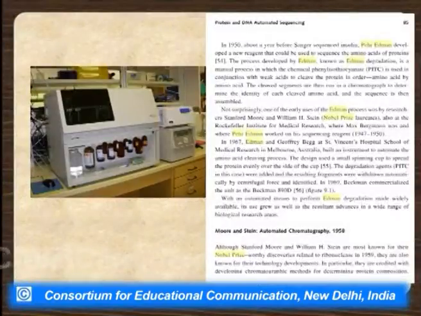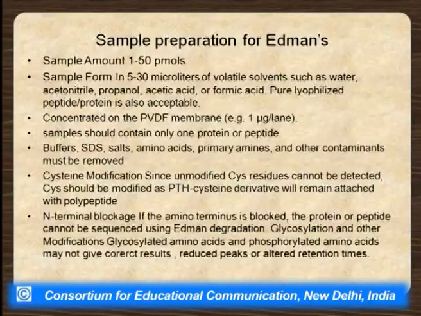So, looking at the diagram, the technique has become very much automated, and it is online with the chromatography system as well. So, you do not need to do elution of each and every N-terminal that is newly generated. The automation was done by Moore and Stein, who are also credited for automated chromatography, although they have not received a Nobel Prize for this.